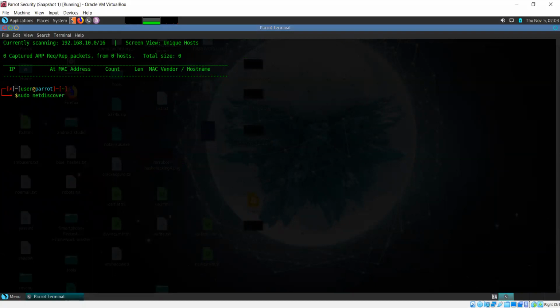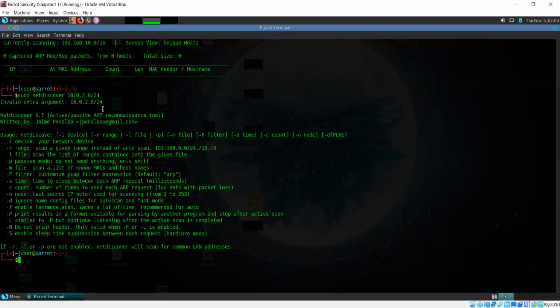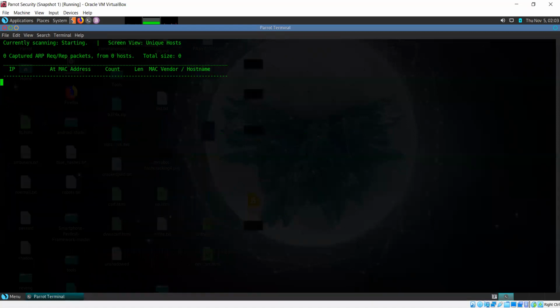So sudo netdiscover, and I need to specify the IP address range, 10.0.2.0/24. Okay, I didn't specify the range. So the -r parameter is for specifying the range.